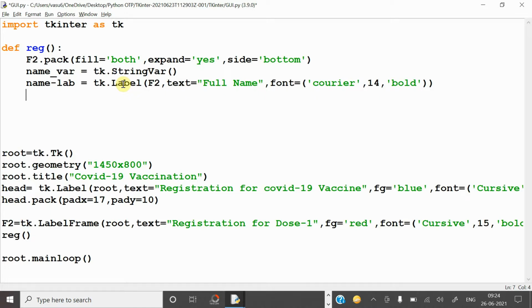For this either you can use the pack function and grid function, anything. If you use the grid function you can give the exact coordinates of x-axis and y-axis so that it can be clearly visible. So here I am using name_label.